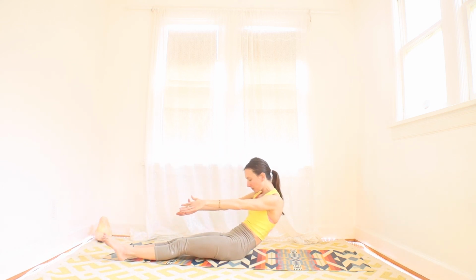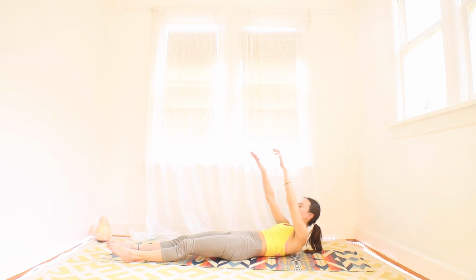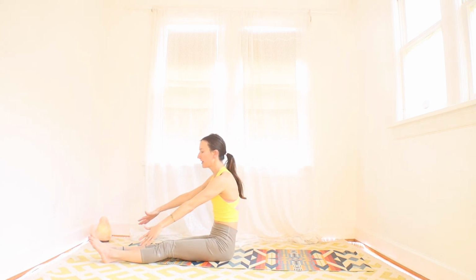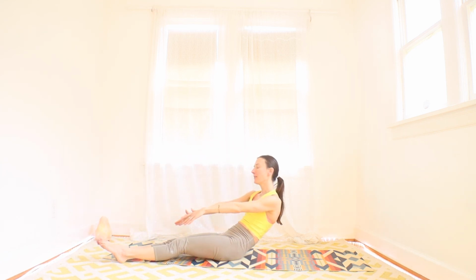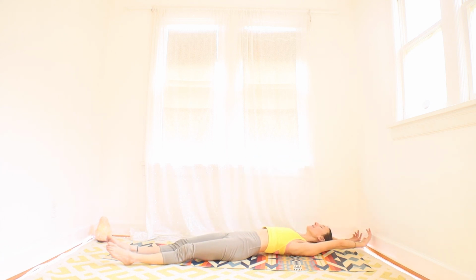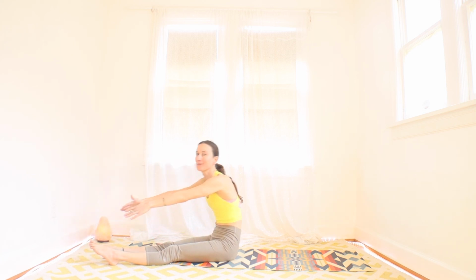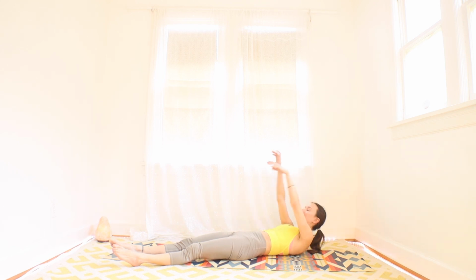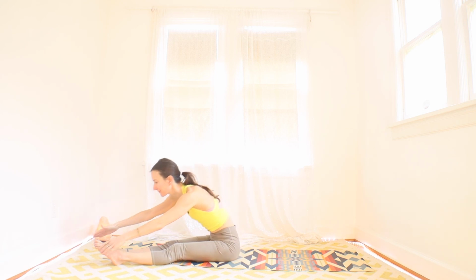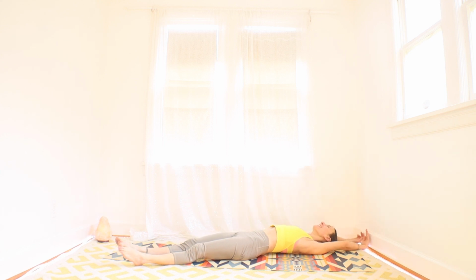Inhale, rolling back to that really long shape. Then exhale, rolling forward, reaching past or toward your toes. Let's do 3 more, okay? At your own pace. Maybe your eyes are closed while you do this. 2 more. Just 1 more, okay? 1 more time. And then